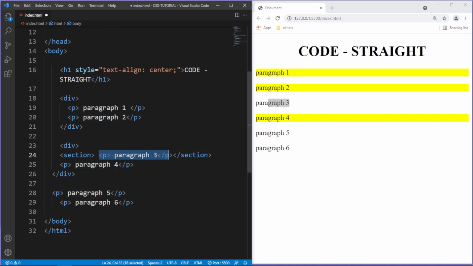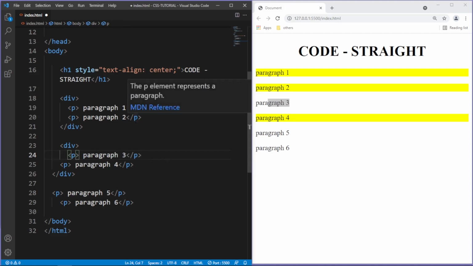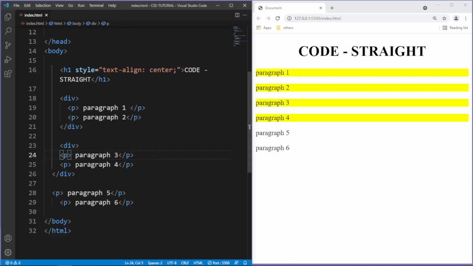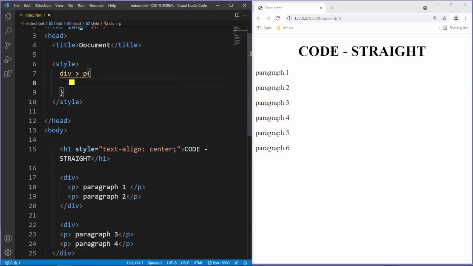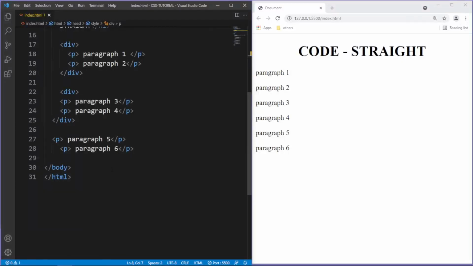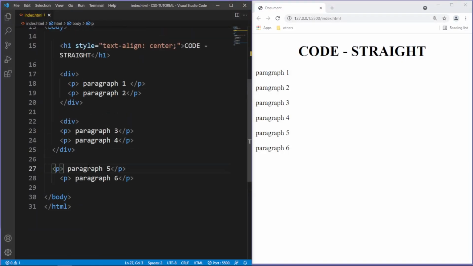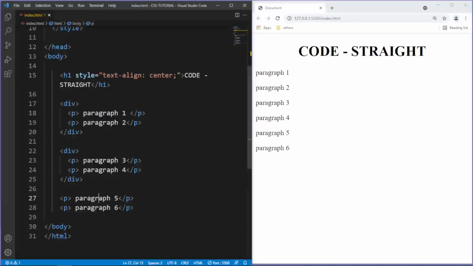And I'm also gonna cut this paragraph from here and paste it here because we don't need the section tag. Hit save, and let me delete this setting for now. Hit save. Let's fix this and this as well. Hit save. Now see that we have two paragraphs within this div,